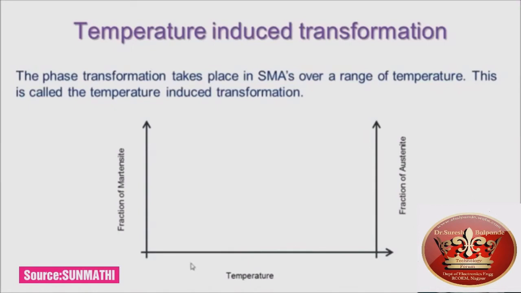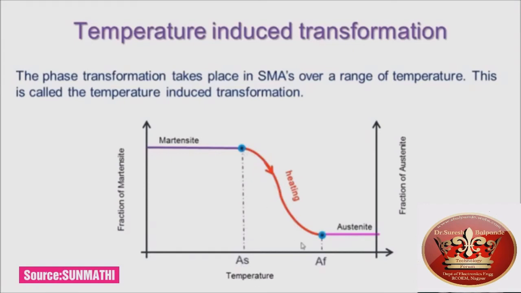Martensite is the low temperature phase. So this is the low temperature range, and this is the higher temperature range. At low temperature, it exhibits martensite. It continues up to a certain limit. Suppose I increase the temperature value, the martensite changes to austenite between these two points. After this point, it exhibits completely austenite material. So this point is called the austenite starting point, and this is the austenite final point. Between these two points, part of the material has martensite and the remaining part exhibits